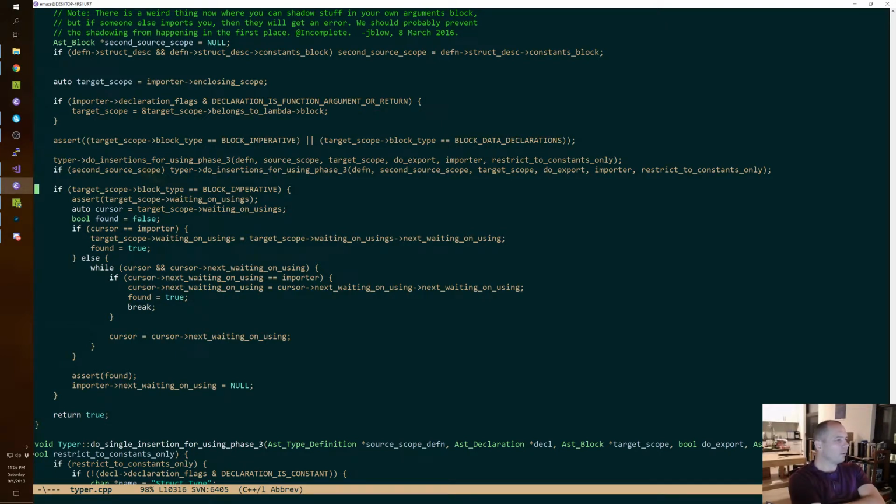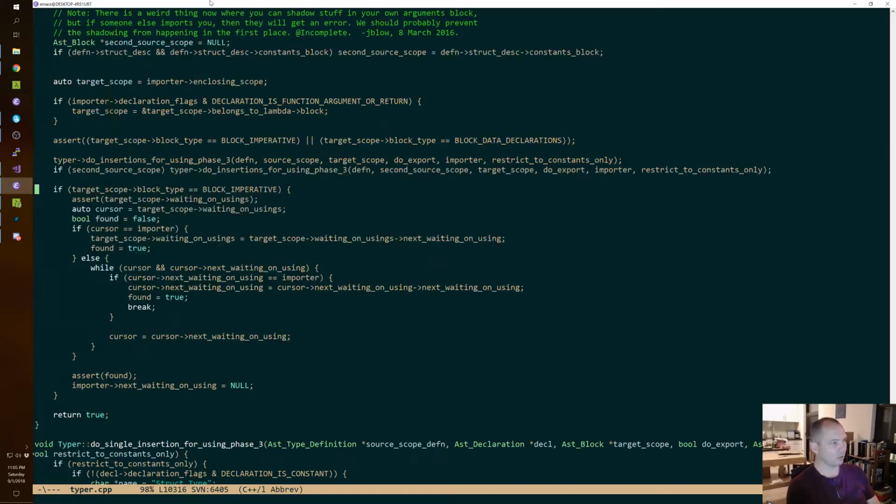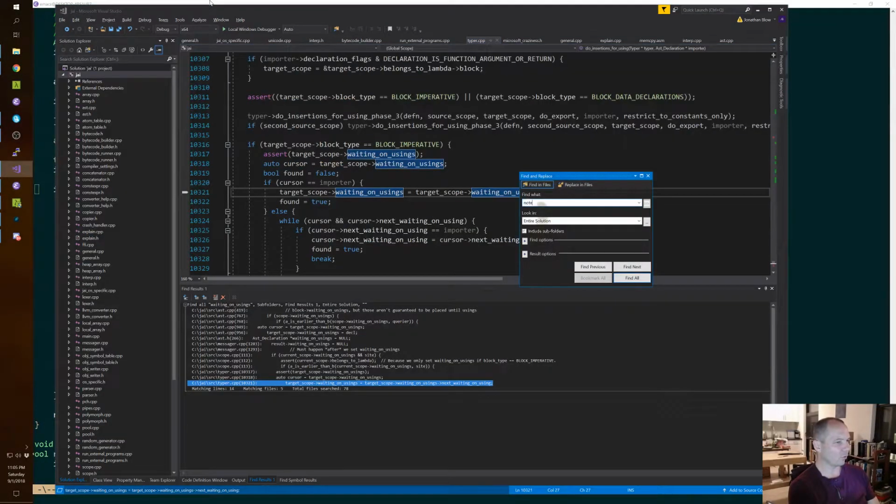Wait, only imperative blocks are marked as waiting on using. That's not good. Why is that? So in this case, these scopes, the file scopes, are not imperative scopes, they're declarative scopes. They just have data. So, well, let's look at, maybe we only just remove, I don't know, note uncompleted using.